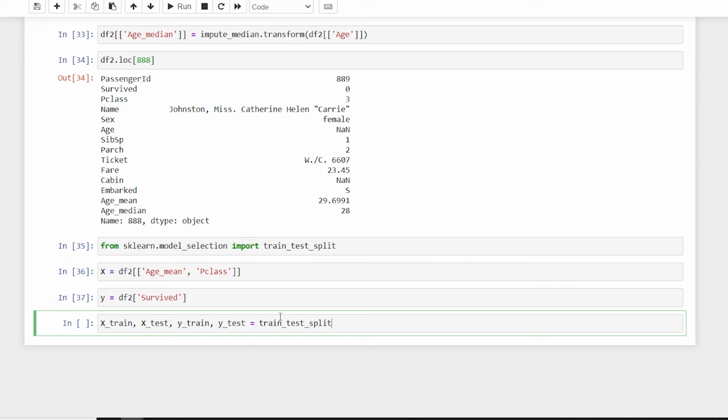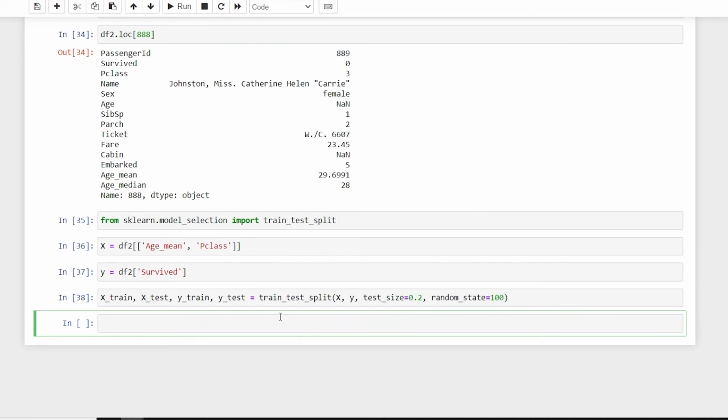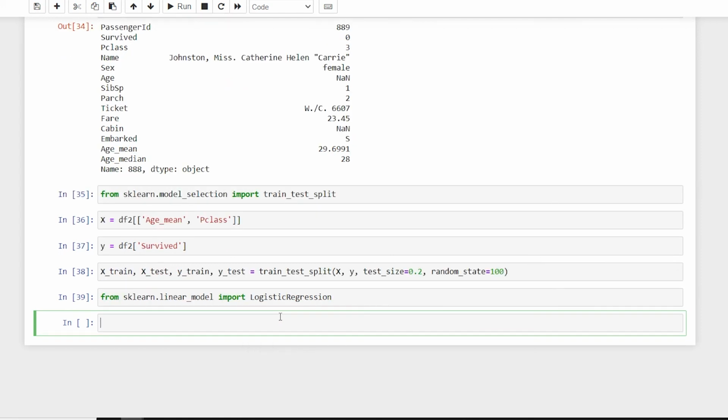Okay, this is the standard procedure and we have covered this in the last video itself. And test size I'll say is equal to 20% with random state, I want to shuffle it, so I'll say 100 and we have it. And then from sklearn dot linear model, I want to import LogisticRegression, which is going to feed on model LogisticRegression.